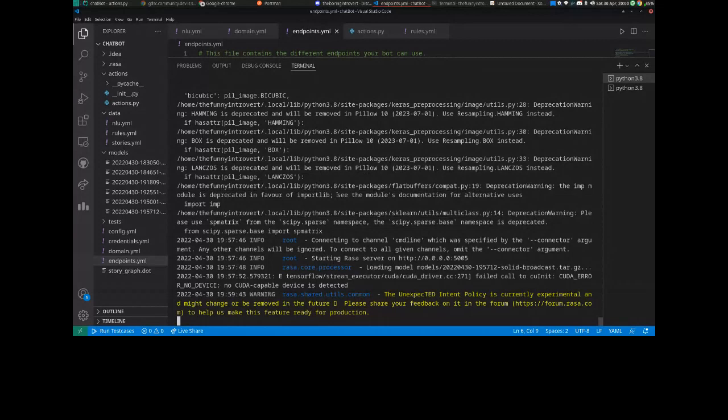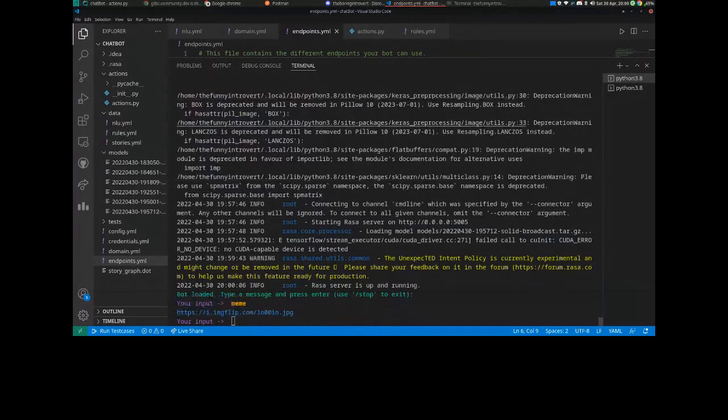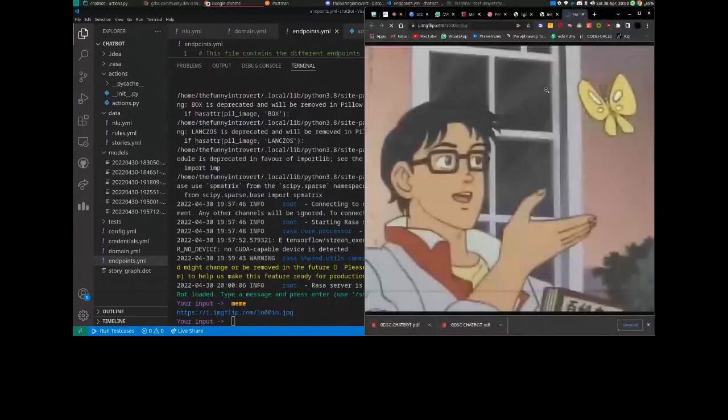It should be running right now, but it's still taking some time. Okay, finally. Let's see meme and let's see if it works. Okay, we got some image. Let's see. Follow link, and it should be showing us a meme template. Okay, we got this meme, a pretty famous meme.